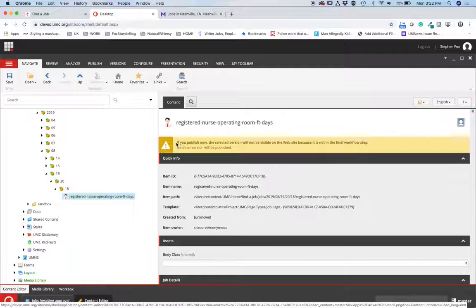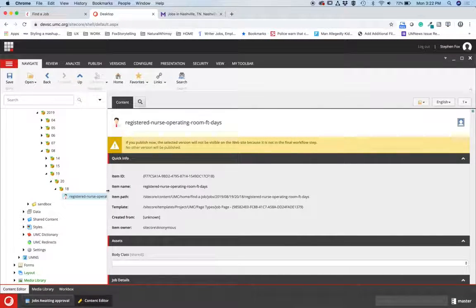All right, so this yellow ribbon, you want to pay attention to those because they give you valuable information about the state of your item when it comes to being visible on the site. It says if you publish now, the selected version will not be visible on the website because it's not in the final workflow step. Now, workflow is a part of Sitecore that is used to allow approvals or rejections of particular types of content. So in order to approve this item, first thing we want to do is